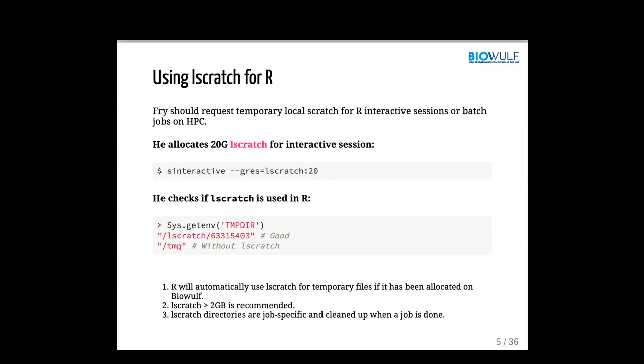Otherwise, R will use the /tmp directory, which is a shared directory for multiple users on that node. So it depends on how many users are using the node at the same time and how many programs are writing to tmp. If it fills up, then your R job might fail.